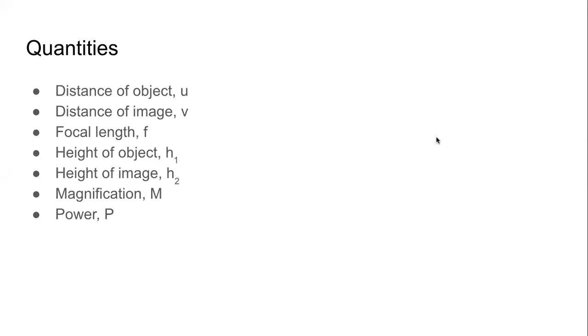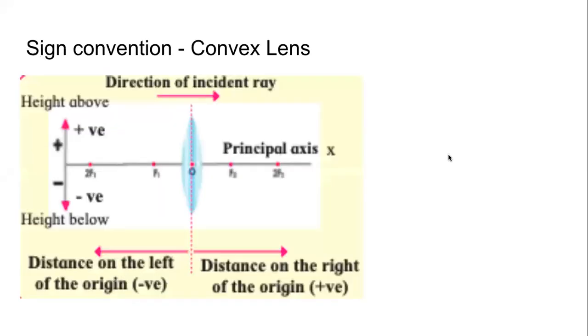Before we measure, we should know how to measure. अगर हमको ये इतना भी नापना है कि ये तार कितना लंबा है, ये टेबल कितना लंबा है, the room that we live in, what is the length, what is the breadth, we need to have a scale, and we need to have a proper system of measuring, and that proper system is required for this measurement also, and we call it the sign convention. Again, this is not new. We studied this for spherical mirrors also, and we have studied this for coordinate geometry.